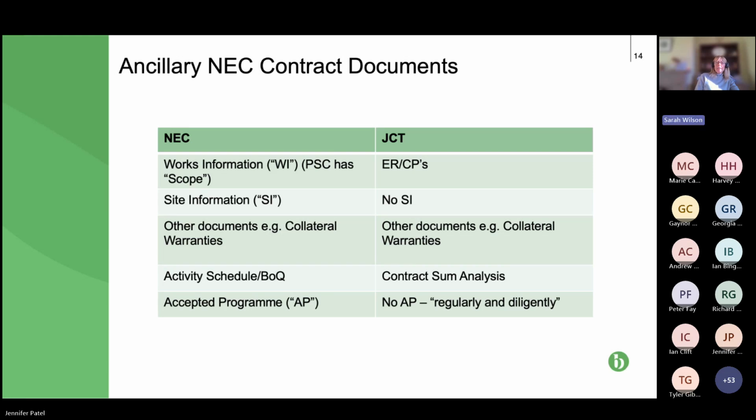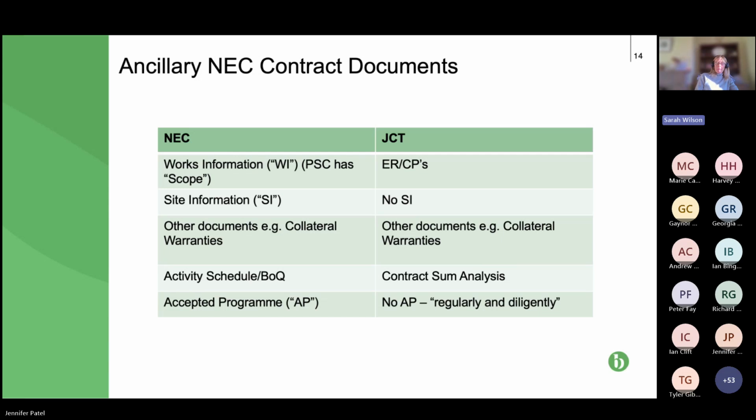And then finally, in NEC, you might have an accepted programme sewn in or included in the contract if that is what is agreed. If it isn't, then the party carrying out the work, contractor or subcontractor, must provide a programme, usually within about 4 weeks of starting on site, for the acceptance of the project manager. My preference is to get it included in the contract, because first of all, we will see that there is a cost penalty if you don't submit your programme within the timescales after starting on site. But for me, more